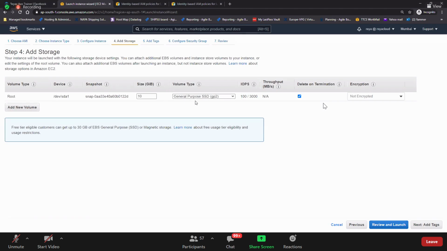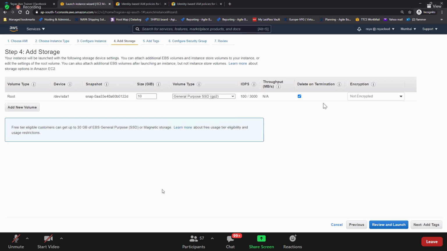But what volume types does this root volume support? GP2, GP3, IO1, IO2, and standard. Very good. Do you see that? GP2, GP3, IO1, IO2, and standard, a certification question. So we have learned all these things, guys. That's why it is easy for us now.